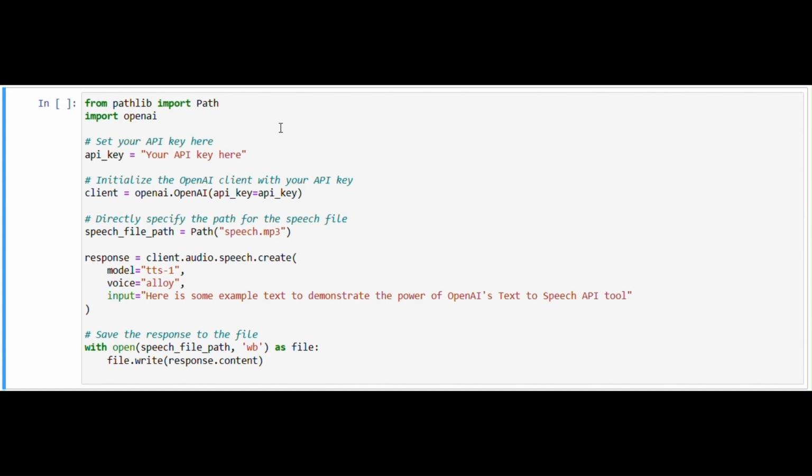I'm assuming you know how to set up your Python coding environment by now, so I won't spend too long on this. All these libraries are the pathlib library. From pathlib, import Path. This line imports the Path class from the pathlib module. Path is used to work with file paths in a way that is both readable and compatible with different operating systems. Import OpenAI. This line imports the OpenAI module, which contains the necessary functions and classes to interact with OpenAI's